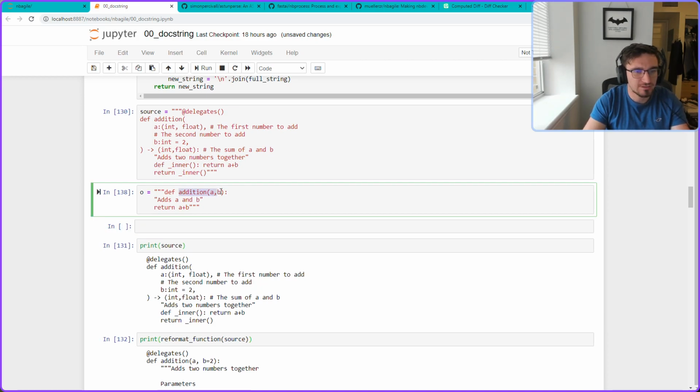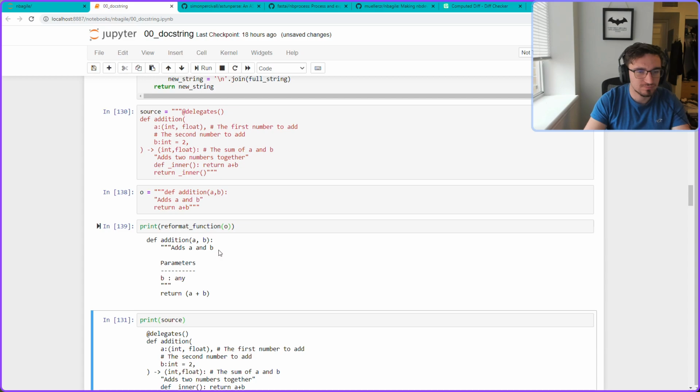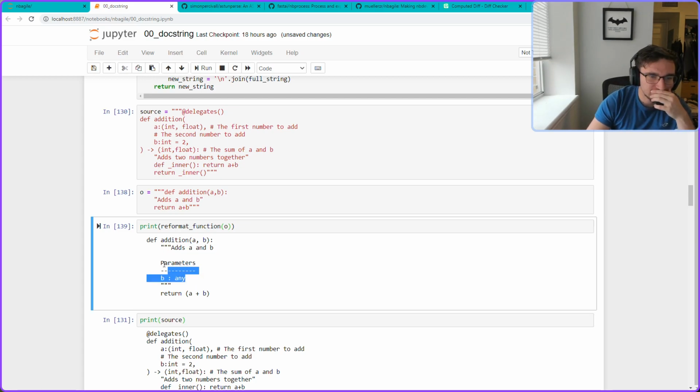Right, where we have just A and B without any annotations and a single line documentation string. And what I need to be able to do is convert that into something like this, but